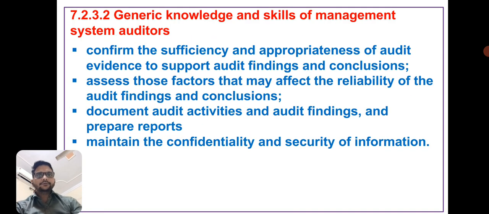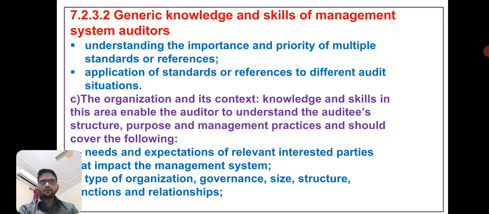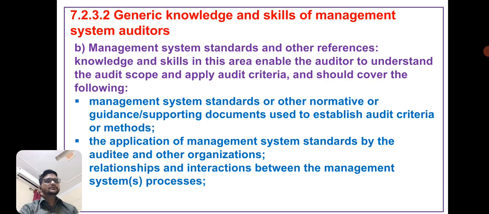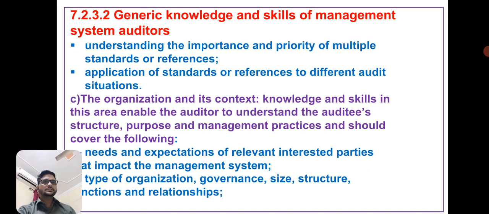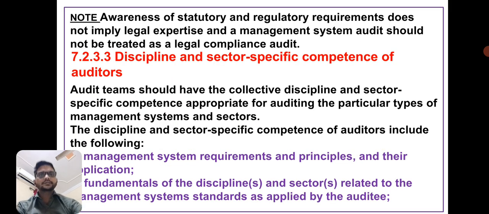Second is management system standard and other references. Knowledge and skill in this area enable the auditor to understand the audit scope and audit criteria. That is management system standard and other references. And third generic knowledge is organization and its context. What is the organization and what is its context. Next is the fourth requirement, that is applicable statutory and regulatory requirement. These are the four